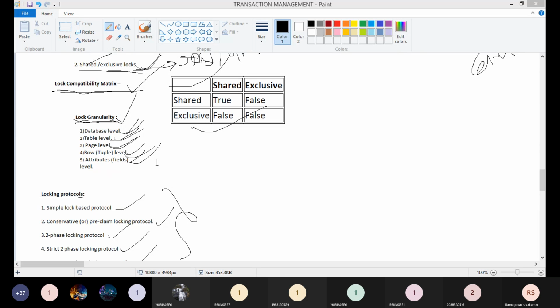So locking takes place using database level locking, table level locking, page level locking, row level locking (tuple level), or attribute level locking. We have different levels of locking. We can provide locks on database level, table level, page level, row level, and attribute level. Sir, what is page level? See here,